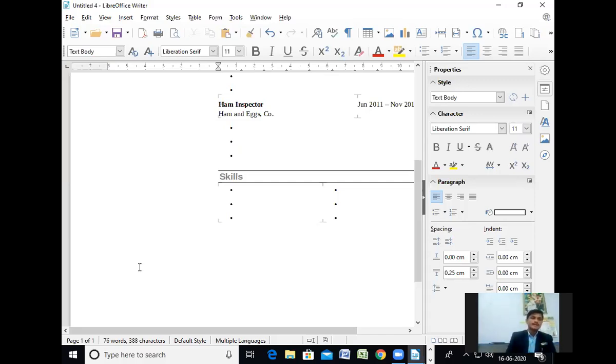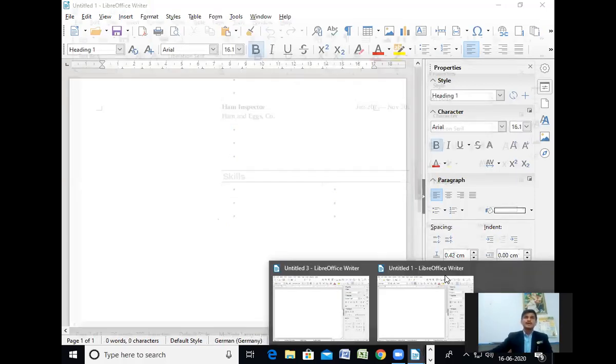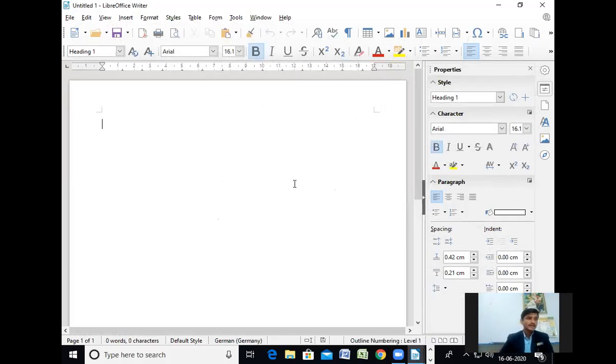That is creating a table of contents. Now I am going to show you, with the help of different styles, how we can create a table. It is a simple thing, you all know how to create a table in MS Office, but here there are some different points, some different options which are available for you. Now I'm going to explain about creating a table of contents.